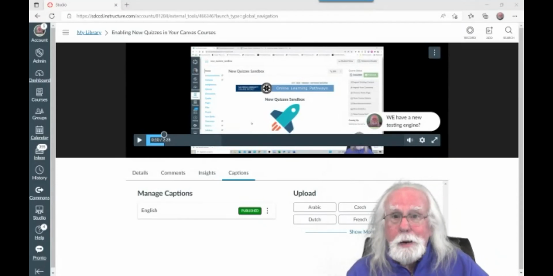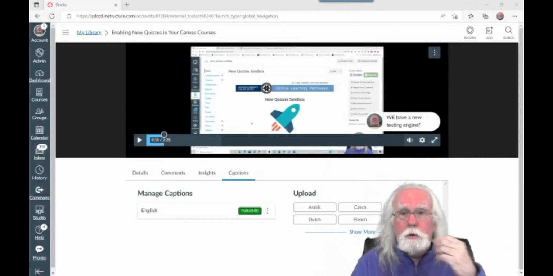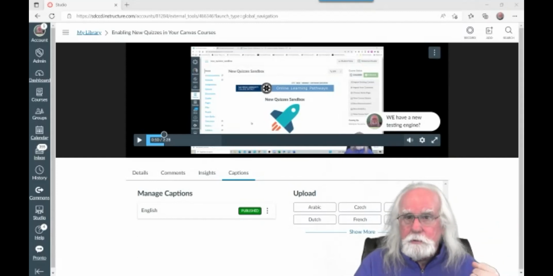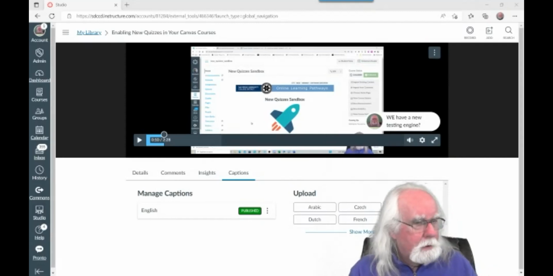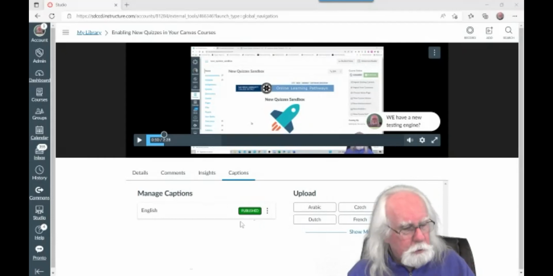Yeah. There are some options there, but nothing like that. Canvas Studio is not going to pull the captions from YouTube, period. Not automatically. You have to do that manually if you can get them. Good point. Okay, so